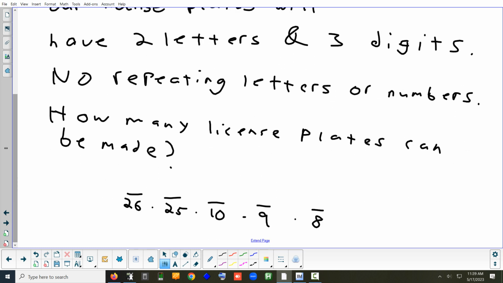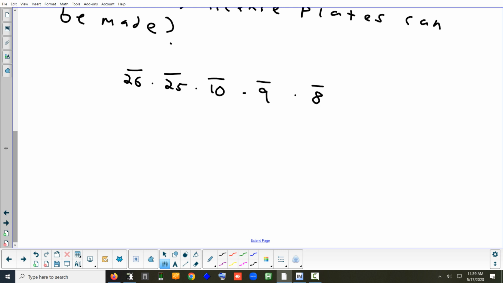Okay. So, it doesn't really matter where you put the letters and digits. You'd still have the same number of possibilities, as long as you agree to always put the 2 letters in the same spot and the 3 numbers in the same spot. Wouldn't it be a different license plate if you